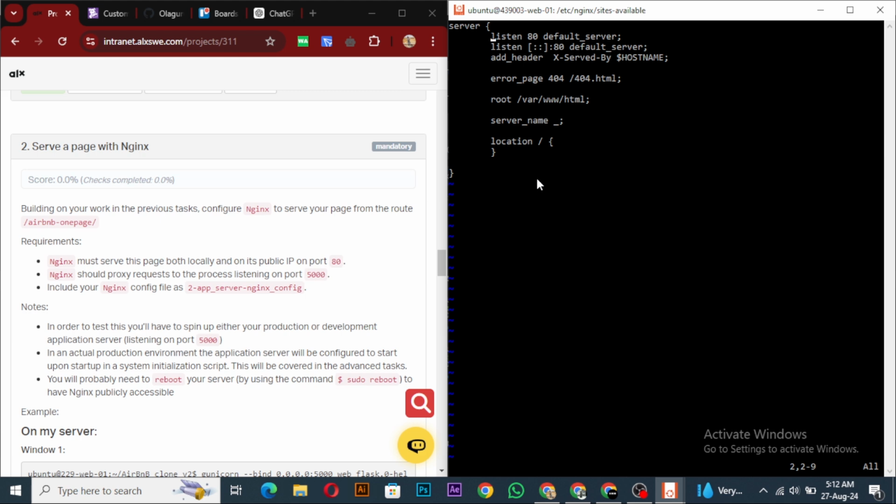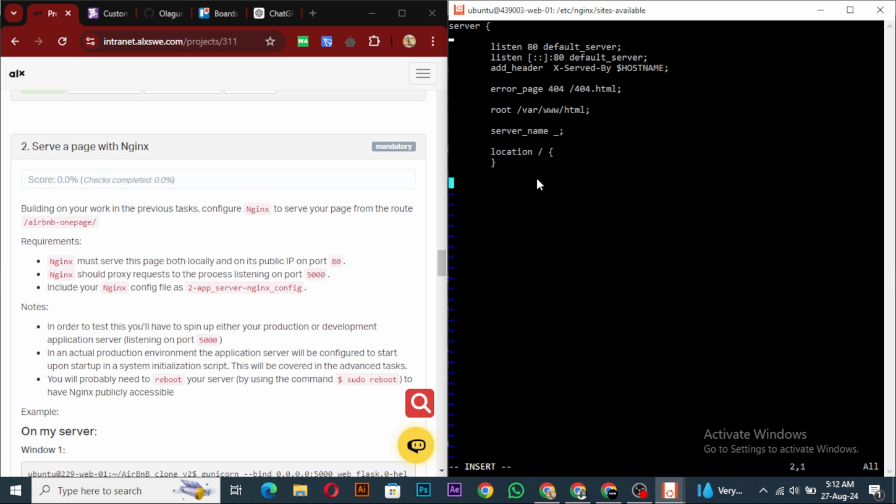Definitely we want the Nginx server to be listening at port 80. Basically I love giving it four spaces of indentation here, 1 2 3 4, and then the other one, so we should listen at